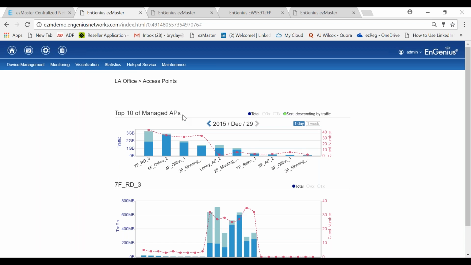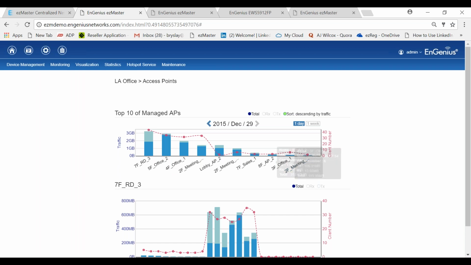It's showing the access points that are online and their throughput. You can actually find out which access point is taking on the most traffic. You can also determine where you may need more access points, where the R&D access point, for example, is taking on the majority of the traffic, whereas the meeting room is taking on very little traffic. Maybe I don't need an access point there.